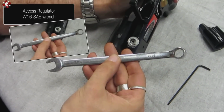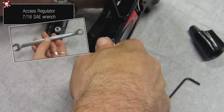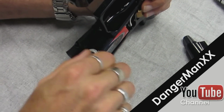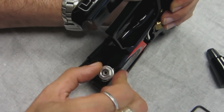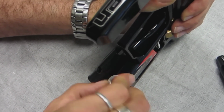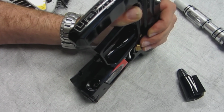You need a 7/16 SAE wrench, and that goes on the front of the reg cap. That'll break away easily. So if it wasn't for this, you could part this baby all the way down with Allen wrenches. And you can see it sits in the grip pretty well, so thought about your comfort there. The reg cap will come out,